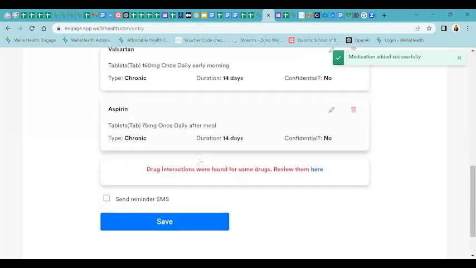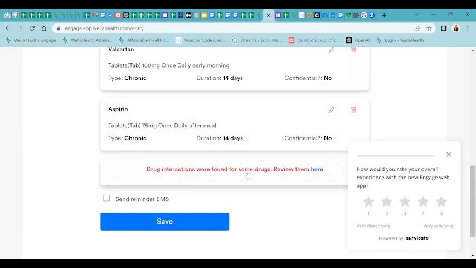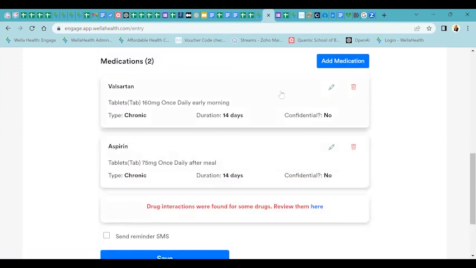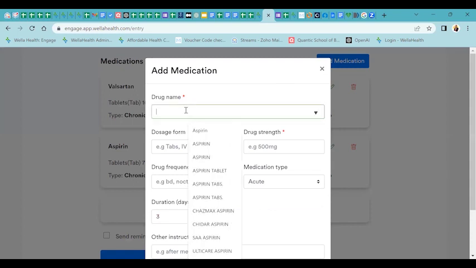Now, the software also helps you to check if the drugs that you are inputting have an interaction. So here it says drug interactions were found for some drugs, review them here, which you could click to see what the interactions are. But let me add one more drug, and then that will be all. Then we'll go check the interaction. So he's also going to be taking